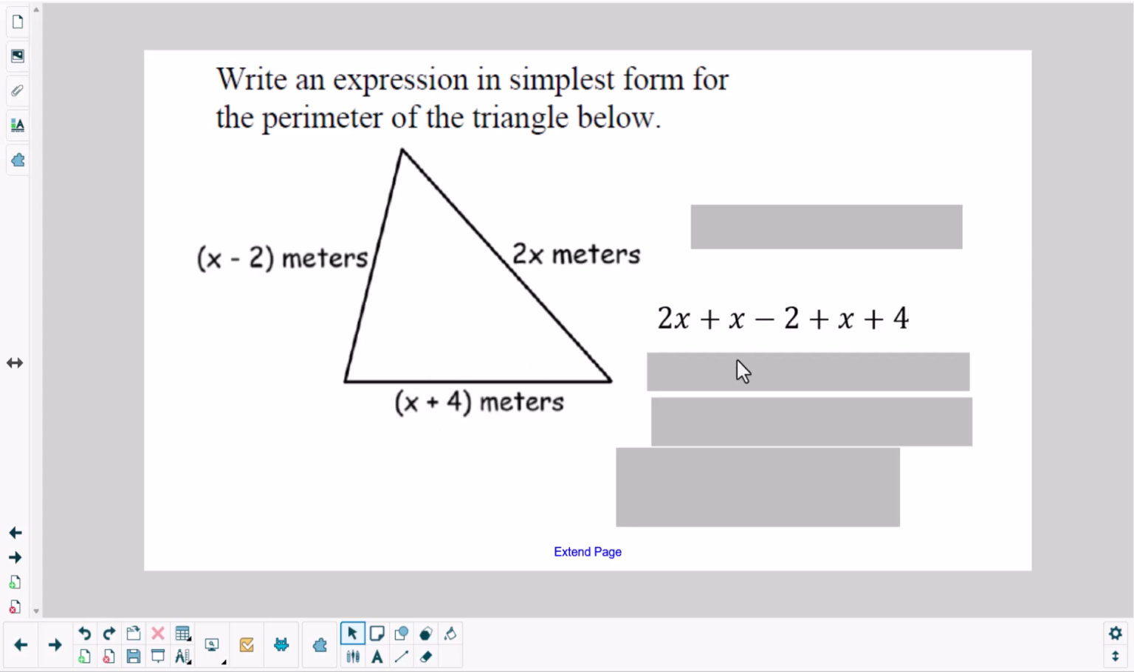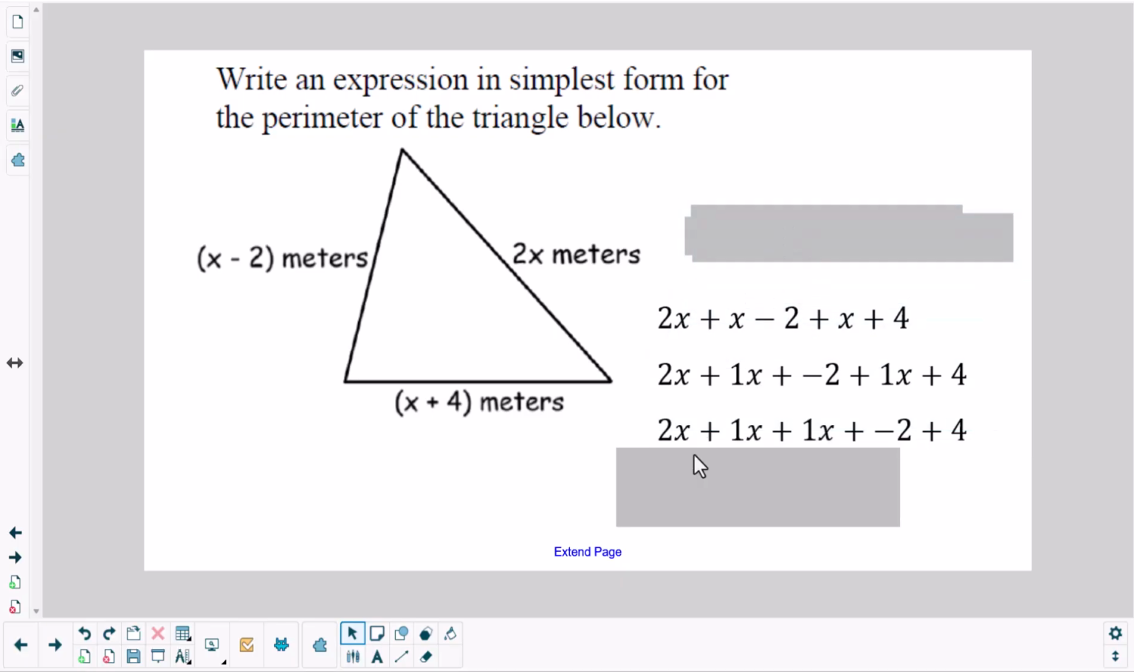Now, before I go to reorder these terms, I'm going to write this minus 2 as plus a negative 2. I also added a 1 in front of this x and a 1 in front of this x. So minus 2 became plus negative 2, x became 1x. Put our like terms, the 2x, the 1x, and the 1x side by side. I'm going to go ahead and highlight those. Again, that came from this, plus this, plus this. That became this part. And then we have our constants of negative 2 and positive 4, and I put those